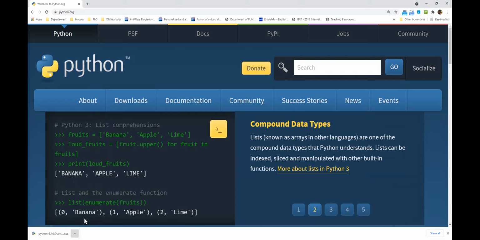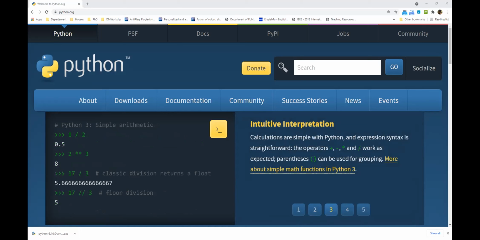So once you have downloaded it, you can double click it and click the install now button. With the default option, it will install in your system, right? Now, if you already have Python on your machine,